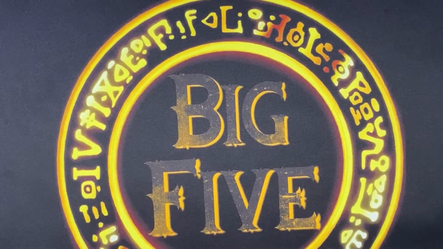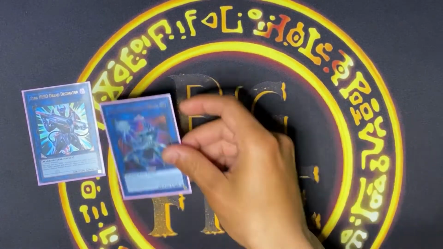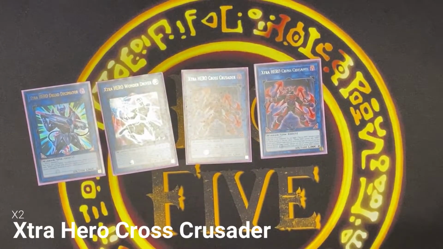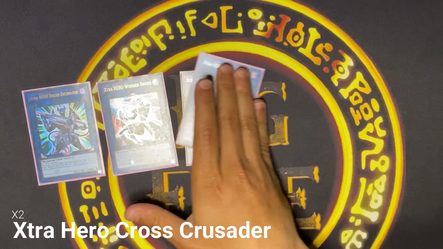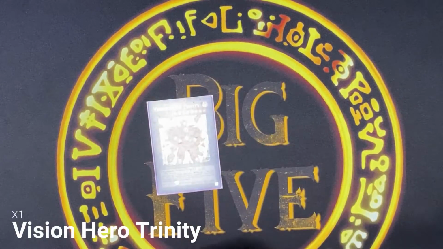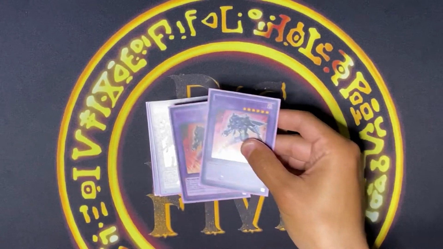Now for the extra deck. We're gonna start off with 1 extra hero Dread Decimator. We have 1 Wonder Driver, and I play 2 Cross Crusaders. That's it for the links. Now for the fusion monsters, which is pretty much the main focus of the extra deck, I run 1 Trinity, 1 Sunriser, double Dark Law,